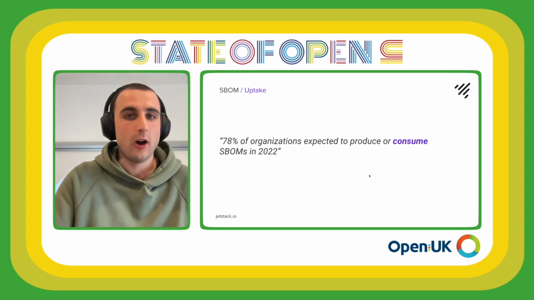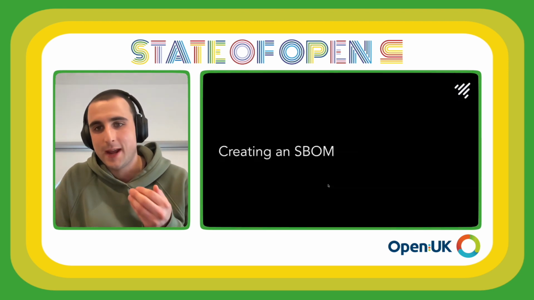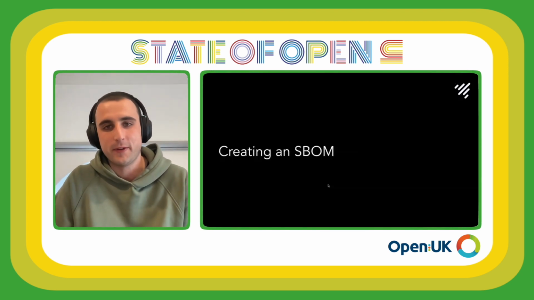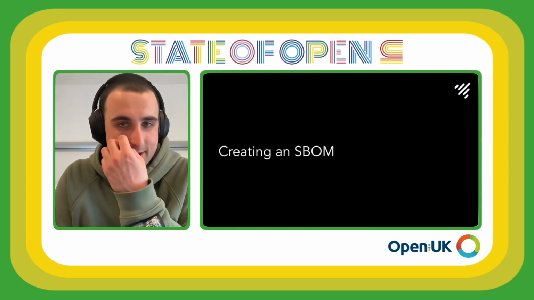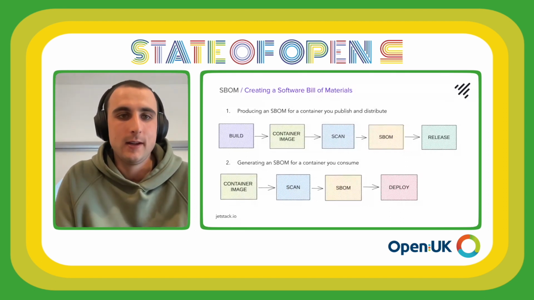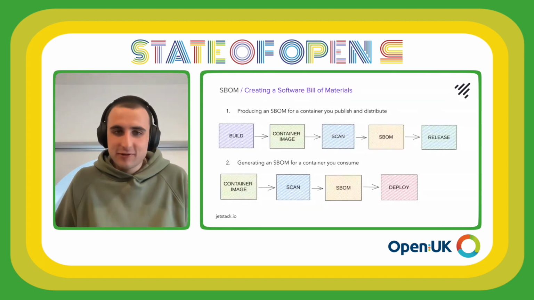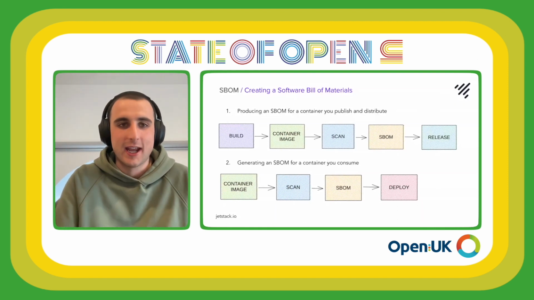What I would recommend, if you click off this presentation now, is you should be aiming to consume those SBOMs first before you should be producing them. However, for the rest of the presentation, my focus will be on that production side. So production. Creating things. Let's do it. How do you create your magic SBOM?